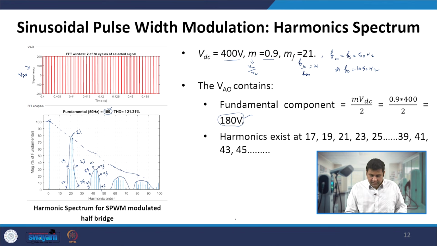Now if you look very carefully, we have a frequency component at the fundamental frequency, which is at 50 hertz, and then we have frequencies in the side bands of the carrier frequency, and that carrier frequency is very much larger than the fundamental frequency. If we keep our carrier frequency much higher, here we have shown 21, but in the case of low power converters we can keep it at more than 100 or more than 200. When we keep such a higher value, we are pushing the harmonics away from the fundamental.